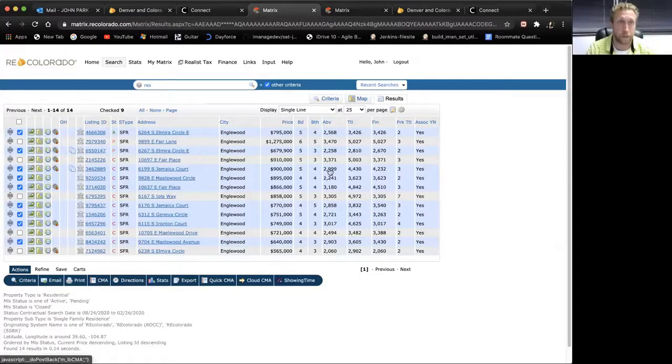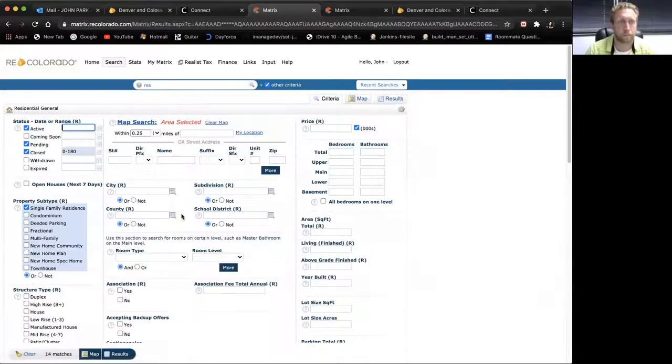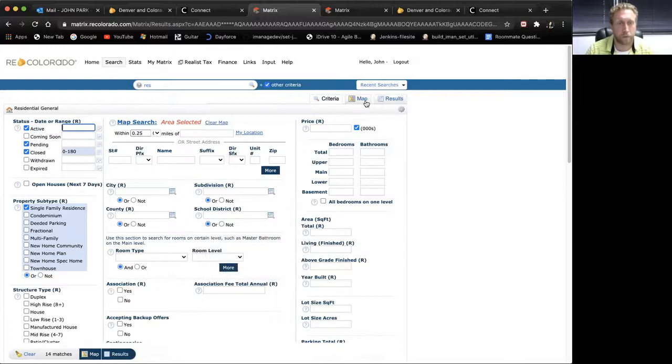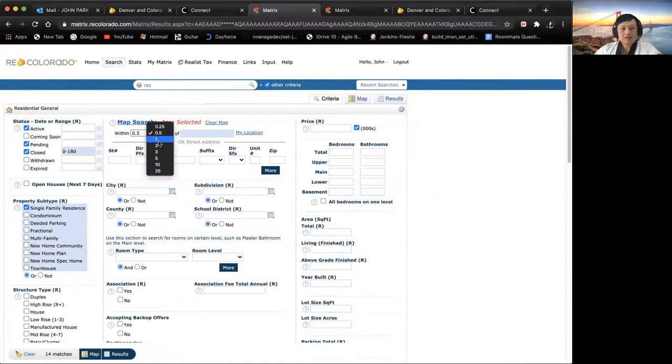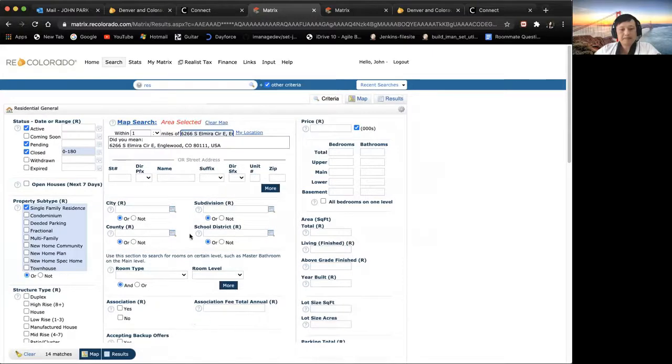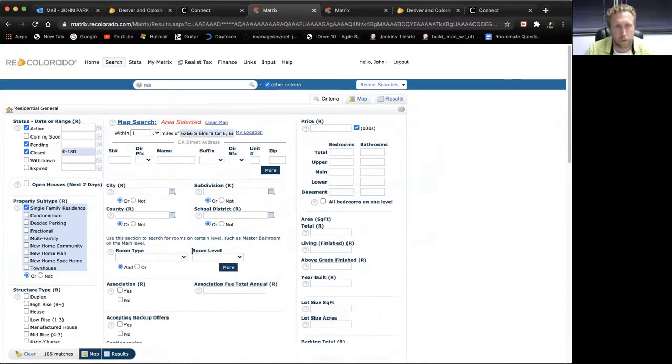subject property. Correct. So if you could go back to the search criteria on the top, please. Okay, and then on the top, right below the map search button where it says my location, there you go. So go ahead and type in the subject property. Go out a full mile. Oops, 1 mile. There you go. And then I think you need to click on the My Location button again. I don't think it populated there, John. The address. Yep. Okay, so this is automatically going to draw a mile radius circle